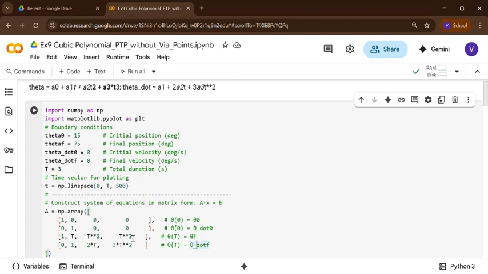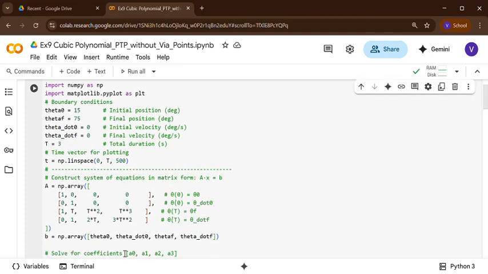So we have given it like this, then we are going to define one variable b equal to np.array of. Since we are going to solve a comma b, it solves this, and then it will give the values for theta naught in the order only. If you change the order, here also you have to change the order, you have to maintain the order. The first row is theta naught, second row is theta dot naught, initial velocity, third row is final position, fourth row is final velocity. So you have to split accordingly, you have to create a list and give it accordingly.